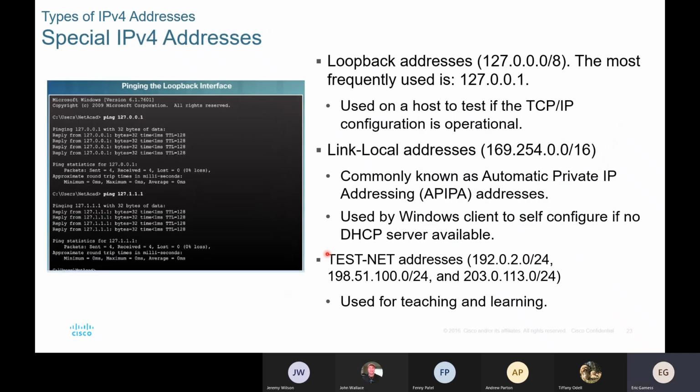Okay, there is another group of IP addresses that is specific, called the loopback addresses. Those are the IP addresses that belong to this block, 127.0.0.0/8. So they go from 127.0.0.0 up to 127.255.255.255. All those are loopback addresses. People usually use this one,